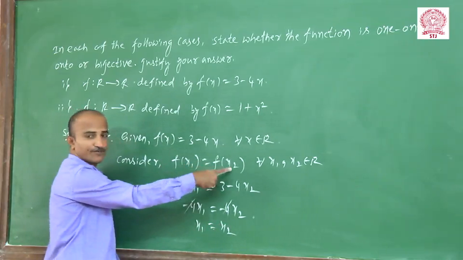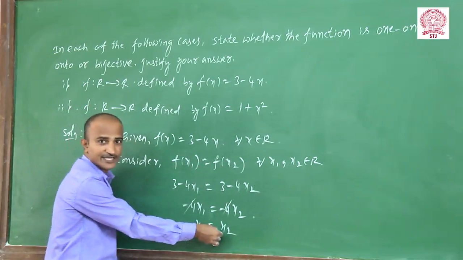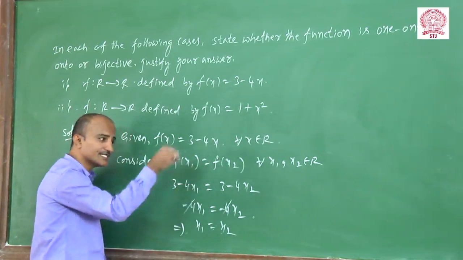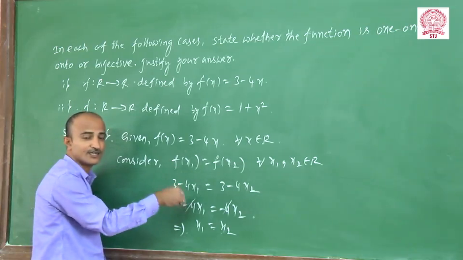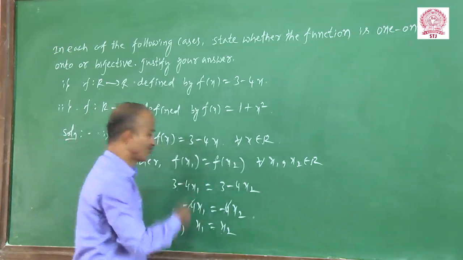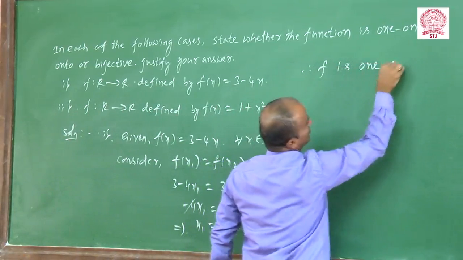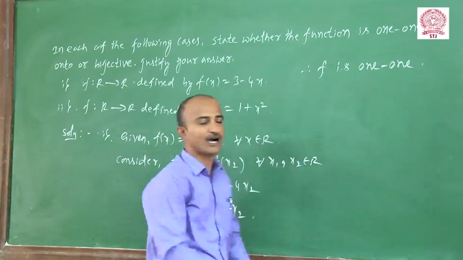Where f of x1 equals f of x2 implies x1 equals x2, means satisfying the condition of injectivity or 1 to 1. When it satisfies the respective condition, obviously that function is 1 to 1. Therefore, f is 1 to 1. Now to check the onto,